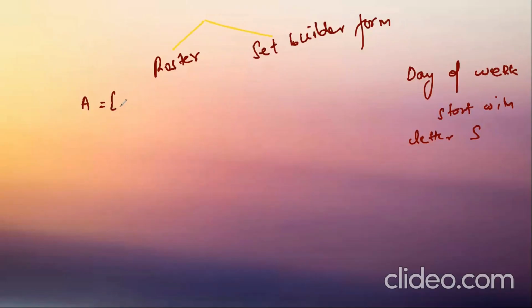Saturday, Sunday, and Tuesday, Wednesday, Thursday, Friday. Yeah, Saturday and Sunday. So Saturday and Sunday you will write the capital and close. So only two elements are there in a week which are starting with S. If I have to write the set builder form, I will write it set such that I'm talking about